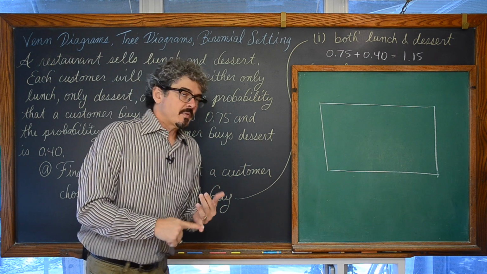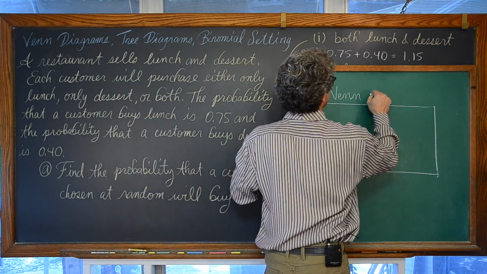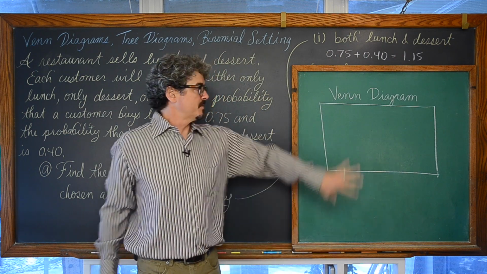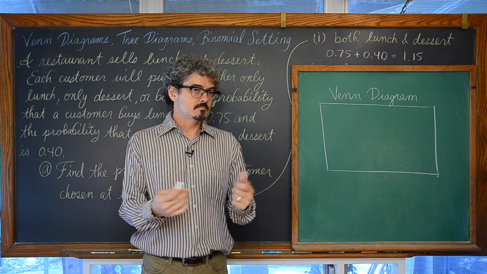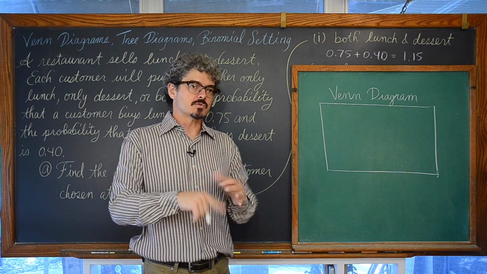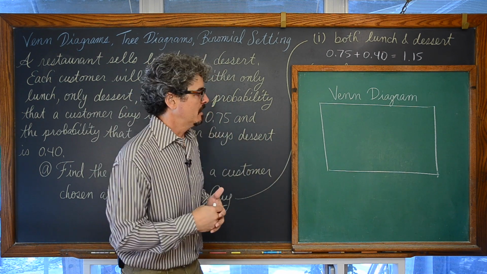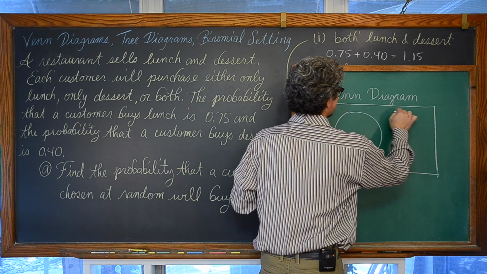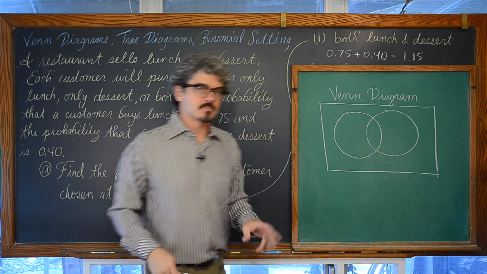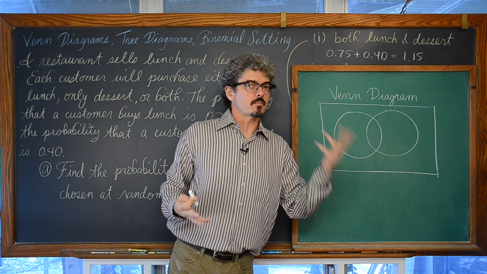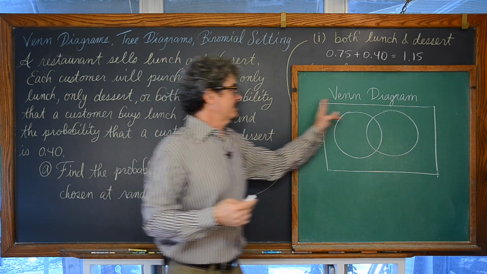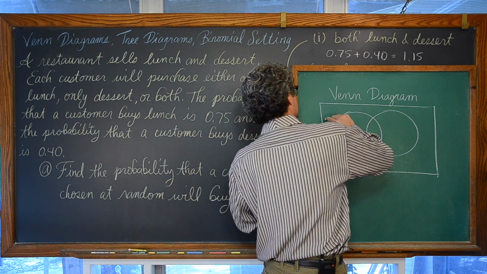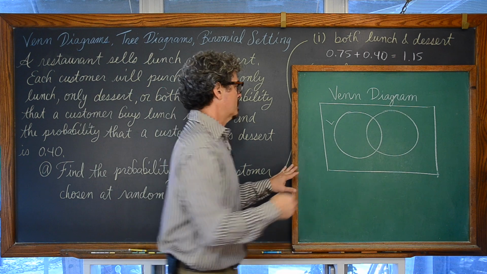Now, your sample space for your Venn diagram is represented by the rectangle. All the areas within this rectangle have to add up to 1. The sample space, which is the collection of all possible events or outcomes, is not the circles. Sometimes we see Venn diagrams with just a bunch of circles and no rectangle drawn around them, but this is actually your whole sample space. There are a few things going on here. We have a circle for lunch, which I'm going to reference as L, but I'm going to write lunch.